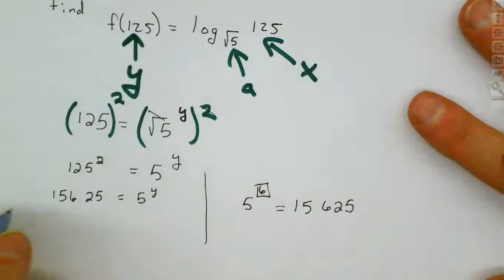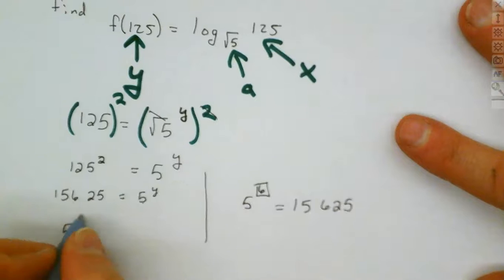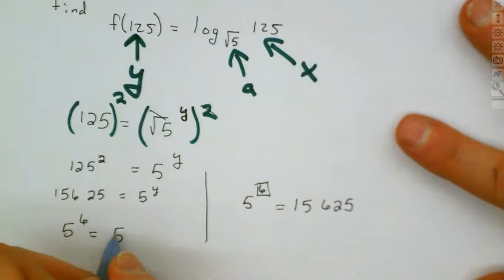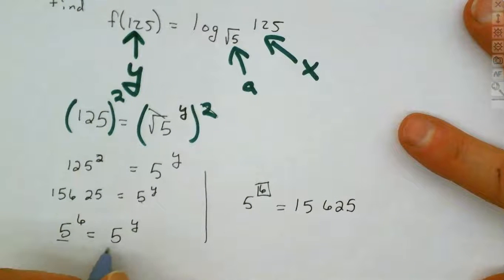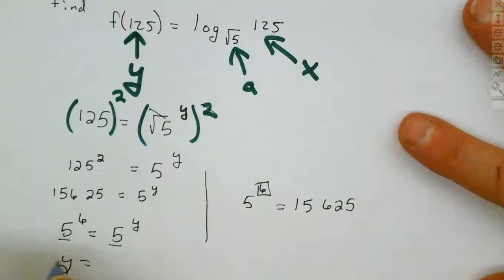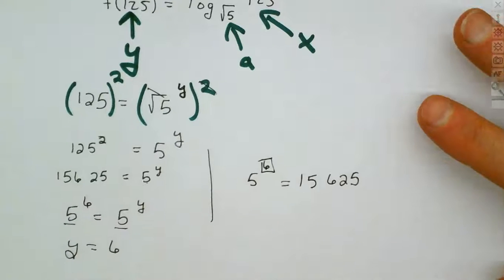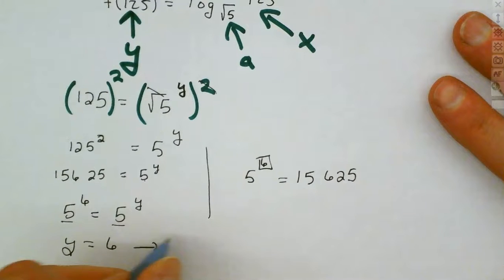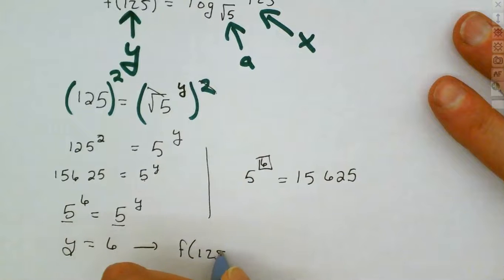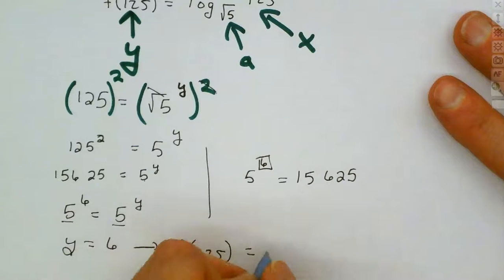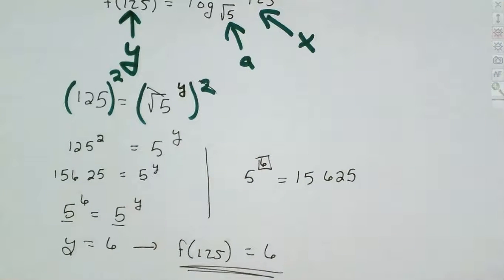So we can now rewrite this as 5 to the 6th equals 5 to the y power. If the bases are the same, then we know y must equal what? 6. And so that tells me then that f of 125 equals now what? 6. I wanted to work that one